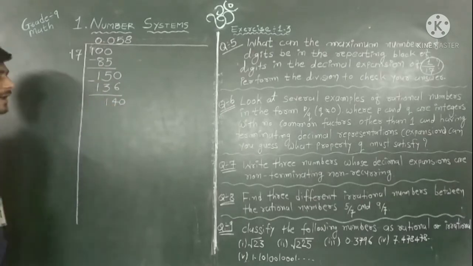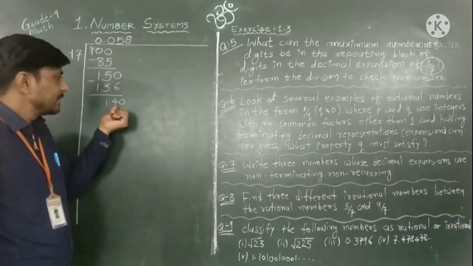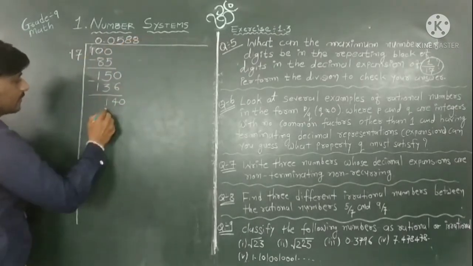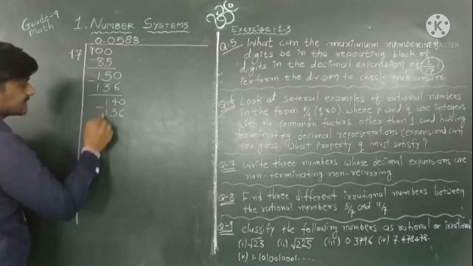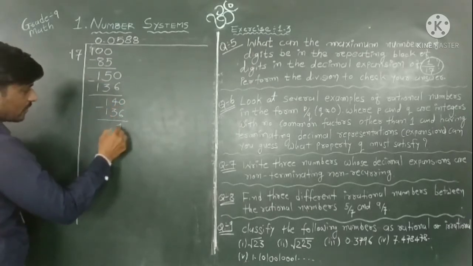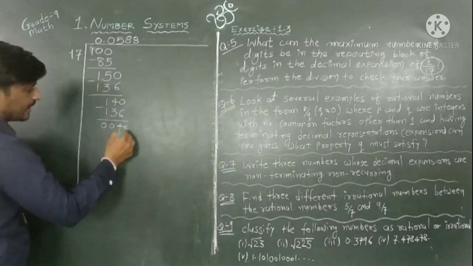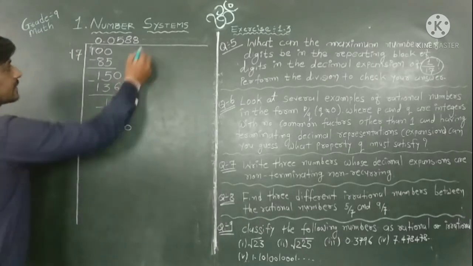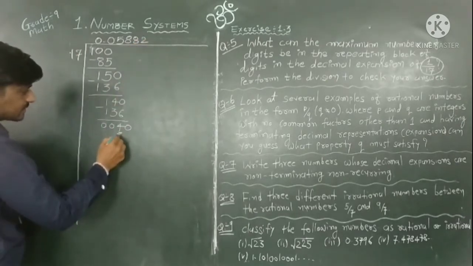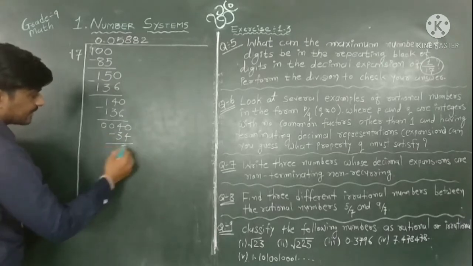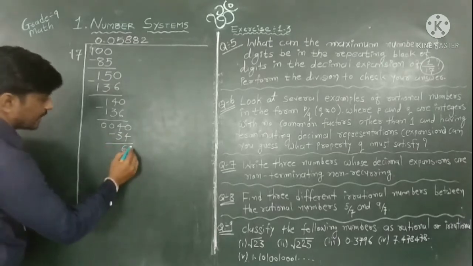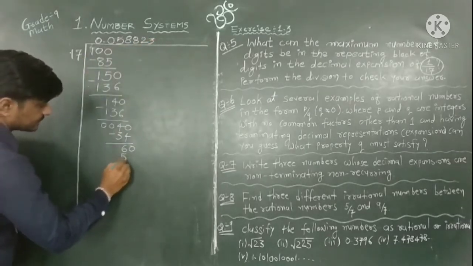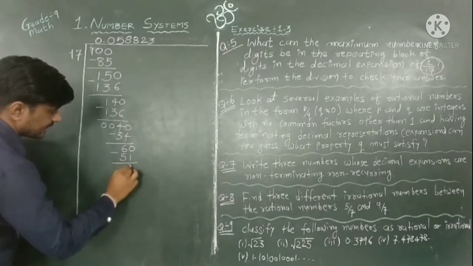Add 0. You have to add 0 every time. Why? It's a division rule. So again 17 8s are 136. What is remaining? 10 minus 6, that means 4. So add 0. Now 17 2s are 34. What is remaining? Now 6 is the remainder. So add 0. Now 17 3s are 51. Now subtract. Remainder is 9.